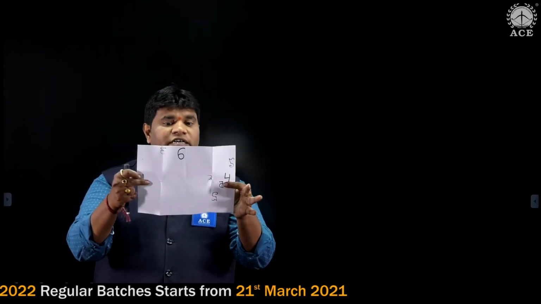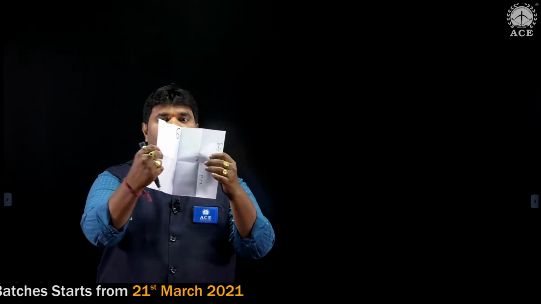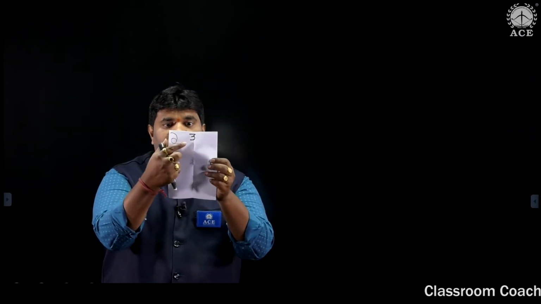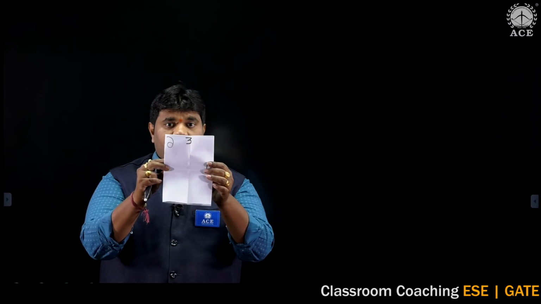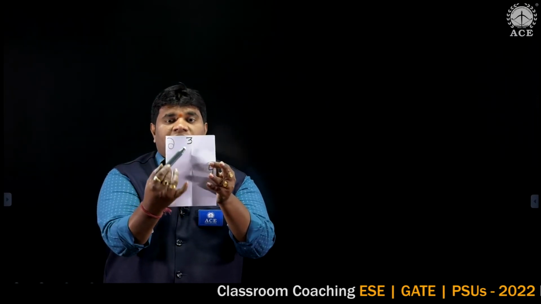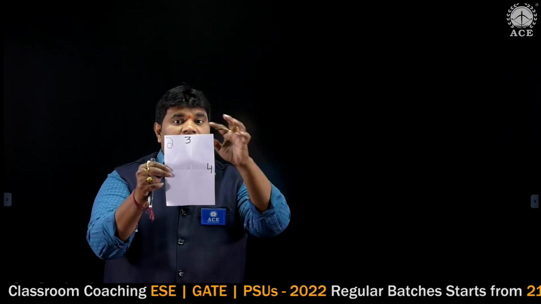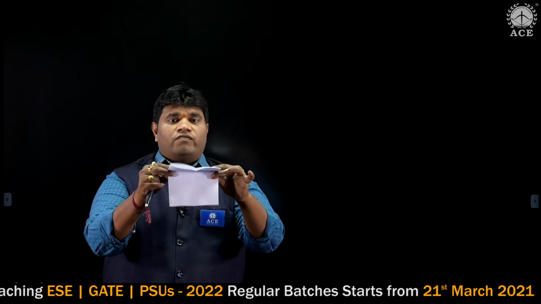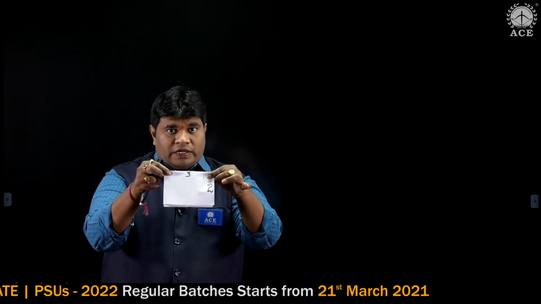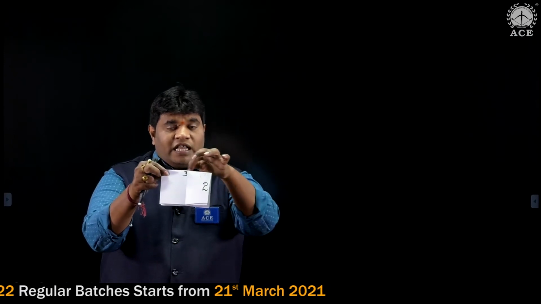Short edge folded. The short edge is 4, there is no change. Now the 6 is folded like this, so it is half, 3. So now it is 3 and 4. This is 3, this is 4. The short edge is 3, folded like this. That 3, no change. Here 4 becomes 2. So 2 and 3.